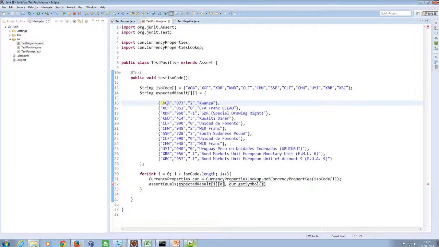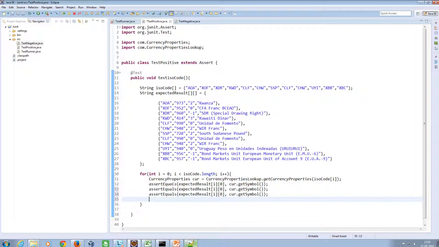This is the 0th column, first column, second column, third column. So the 0th row, 0th column; 0th row, first column; 0th row, second column; 0th row, third column. The element present at 0,0 is our symbol, so I'm going to equate it with the help of currency.getSymbol. Similarly for the others,